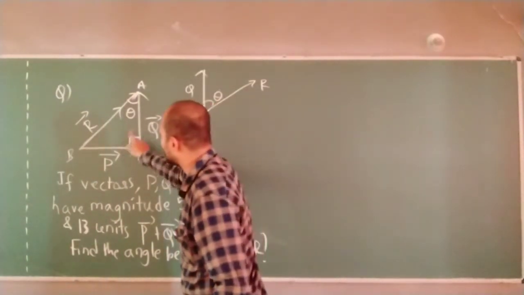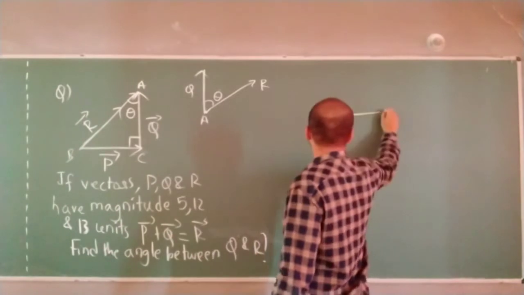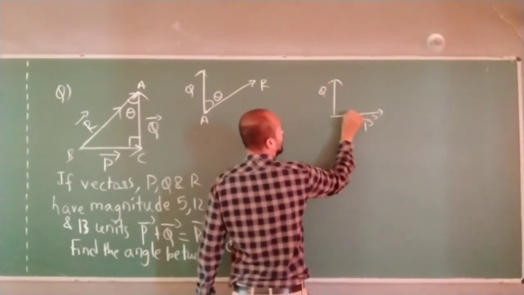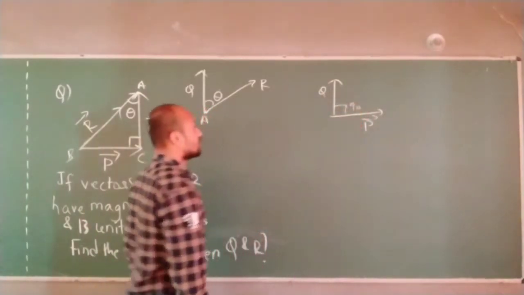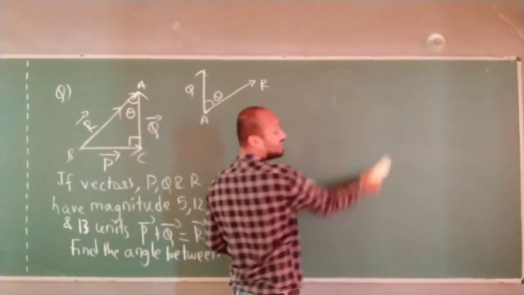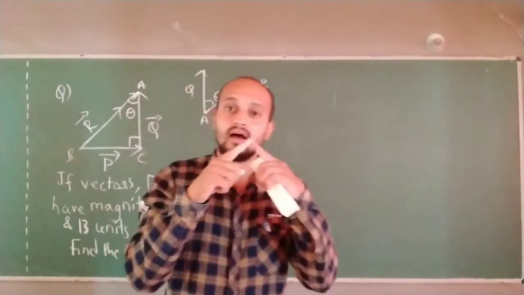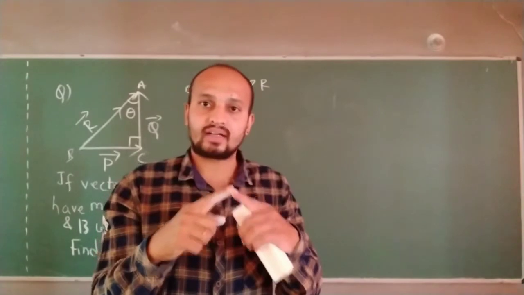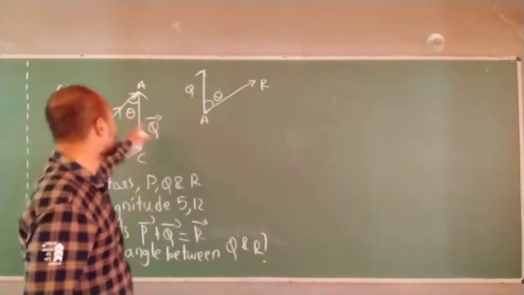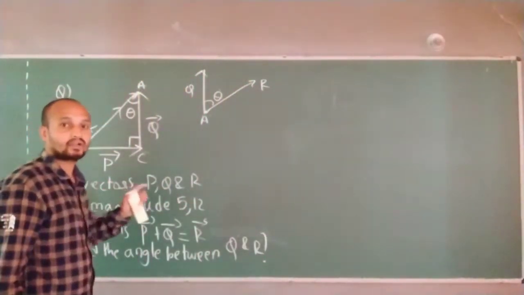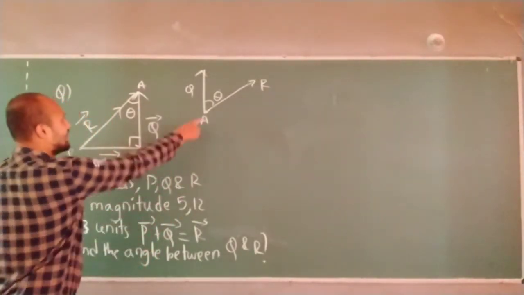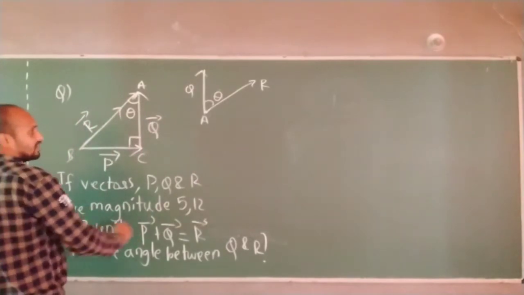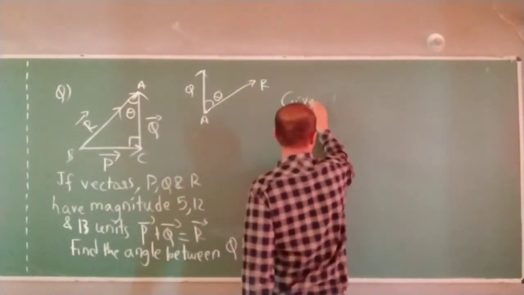Now if you ask me what is the angle between these two, this is the P vector and this is the Q vector. Correct now? Again it is 90 degrees only. Are you understanding? So to find the angle you have to join either the two tails of the vectors or the two heads of the vectors. That will be the angle between the particular vectors we are asking. Right now this is not required, I just showed it, but here I want to find Q. Here in the given data he has given everything.